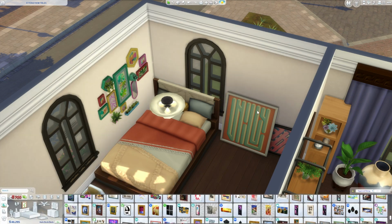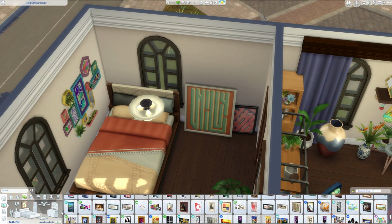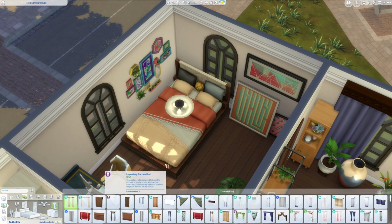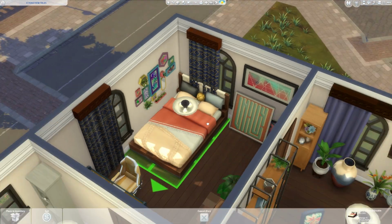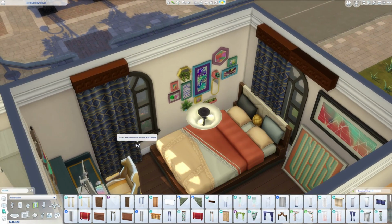Obviously, it doesn't matter in The Sims, but I'm just trying to go for that realism. I want to make sure they have plenty of space for all of their clothing. I think that's very important. And I imagine the landlord would probably have let them paint the walls if they wanted to, but for whatever reason, they didn't want to go through all the work of painting everything, especially since they're only going to be here for a couple of years while